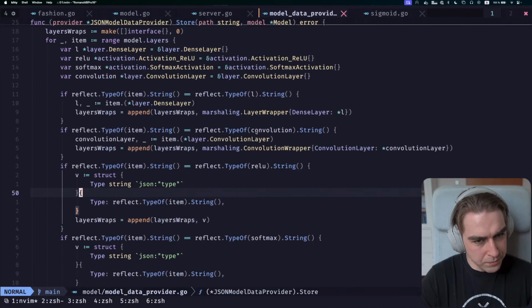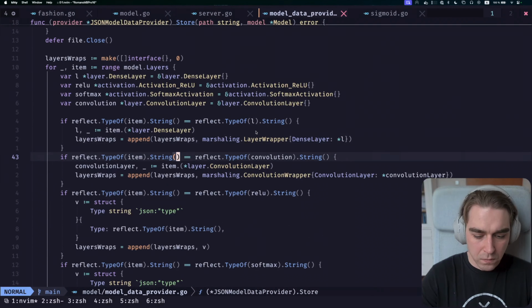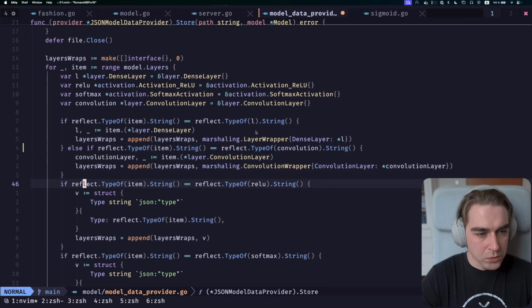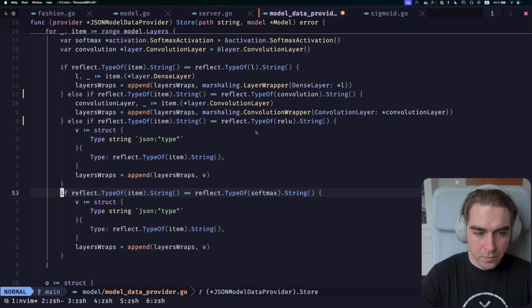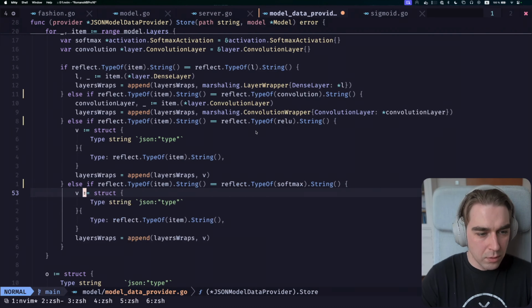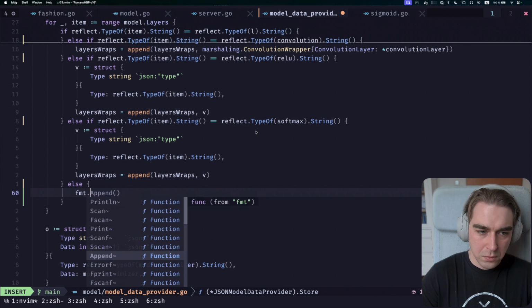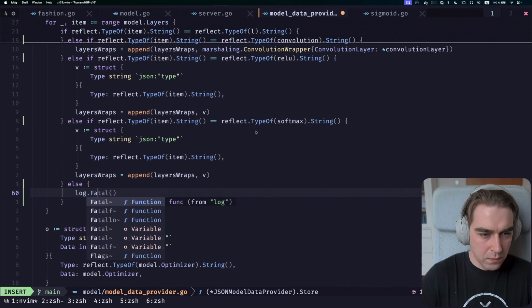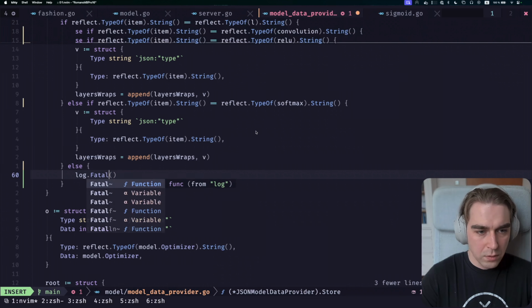to indicate that there is a type that is not used. So I think, right, this, and here else panic. Okay, 50 for top, log fatal f, fatal